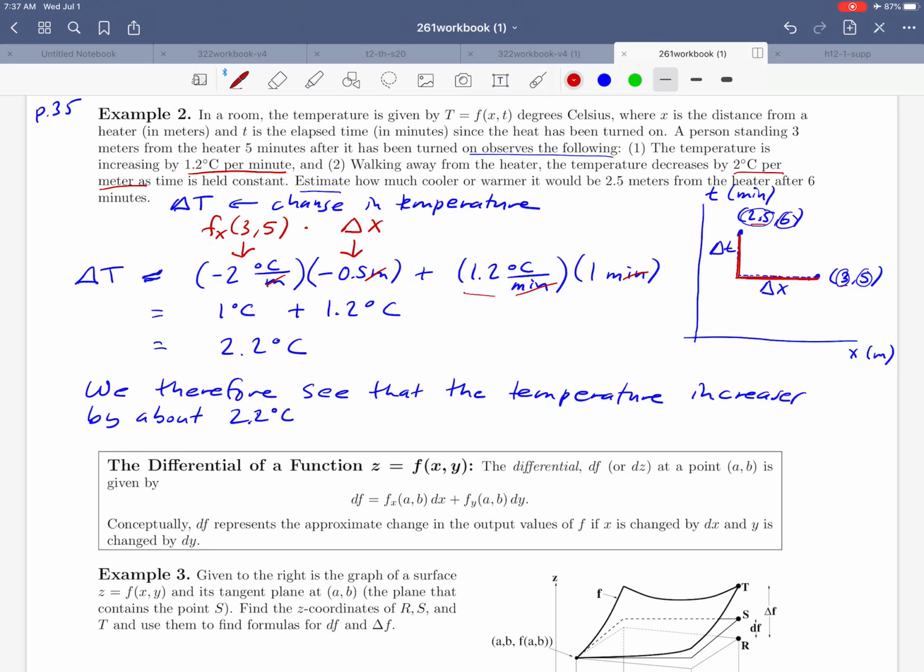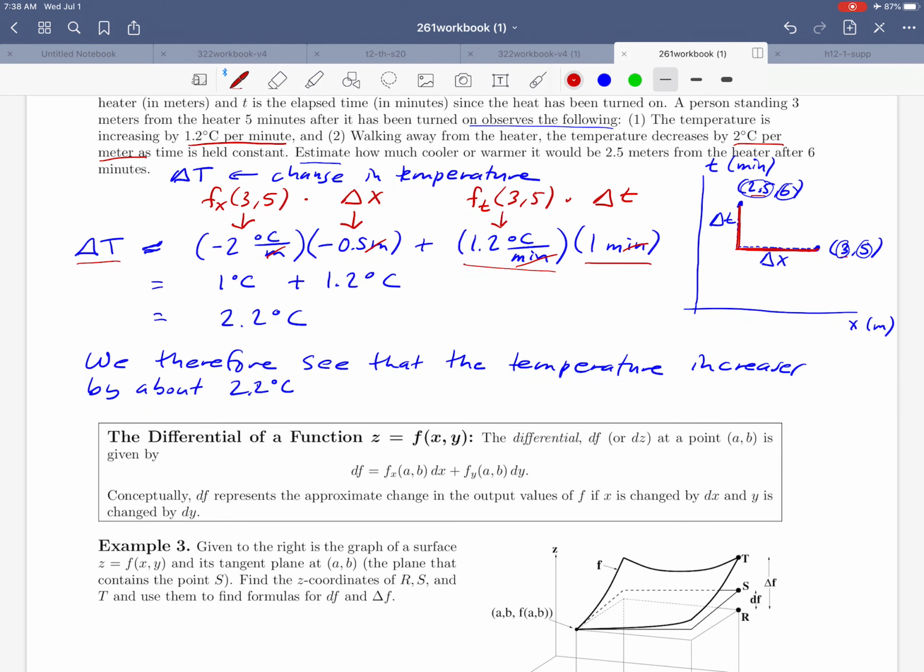And then moving over to the 1.2 degrees Celsius per minute, that's also a rate of change, but it's the rate of change with respect to time as time goes forward. We took that number and multiplied by the amount of time that changed, going from 5 to 6 minutes, so that was delta T. And so our change in temperature approximation that we came up with was made up of those four numbers. And we can generalize that